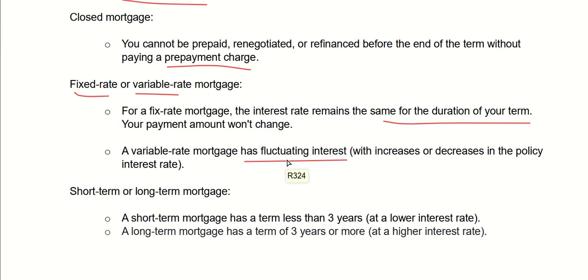Therefore, maybe one year the interest rates are great. Let's say it's very low, like 1%. But in the next year, the interest rates, and like taxes, are really high, and everything has gone up, including the interest rates. That means that you're paying more interest on the house that you're paying. You're paying more money. So, like I said, I find that fixed rate is a lot better than variable rate